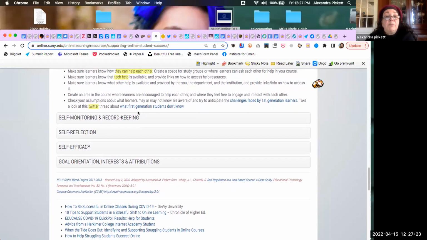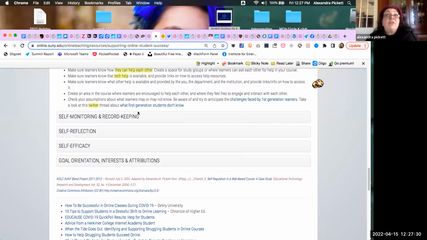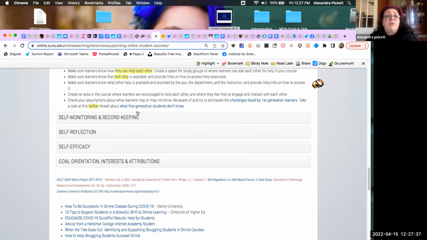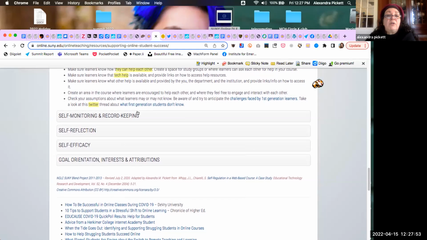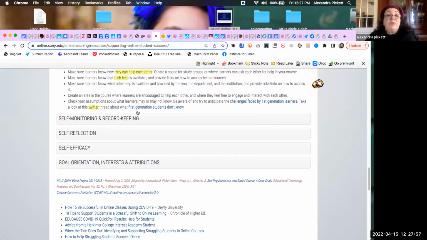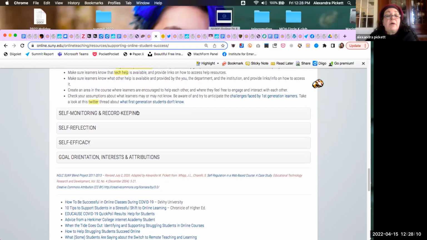If you want, you can give them permission to help each other, and you can do that by creating a space or study groups for learners, and instructions that they should help each other if they can, and create some structure around that so that it facilitates them doing that. Many very well organized, successful online students will be motivated to do that themselves. But for some students, they just may not have the wherewithal or understanding that they could actually do that. And so one strategy for instructors could be to set up some spaces in their course with that expectation. Making sure they know how to get all the different types of help that are available to them is also